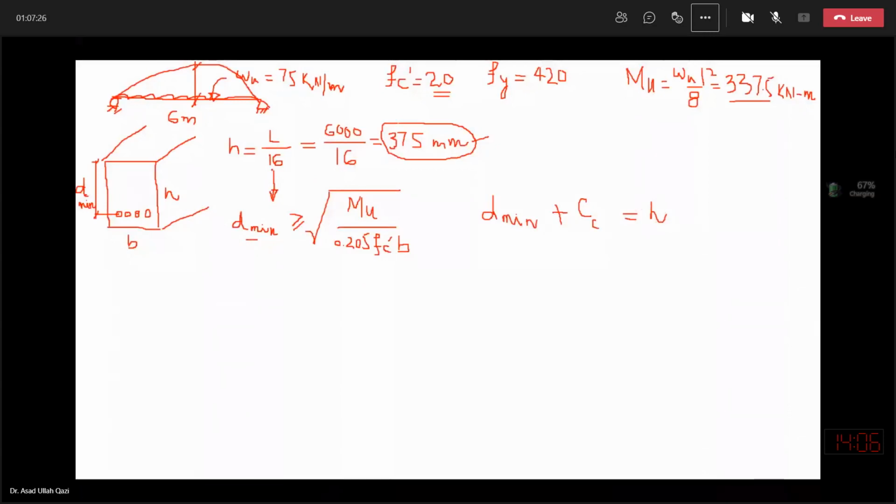जो आपकी डिफ्लेक्शन का h है वो रेयरली गवर्न करेगा। हम नॉर्मली टेंशन कंट्रोल डिज़ाइन करते हुए हमें d ज़्यादा रखना पड़ता है और उस वजह से मोस्टली आपको यही आंसर मिलेगा कि आपका d minimum की इक्वेशन कंट्रोल कर रही है। आगे हम एक डबली बीम पढ़ेंगे, वहाँ शायद आपको सर्विसिबिलिटी गवर्न करना शुरू कर दे और आपका d कम आए बीम का। जो बीम अभी हम डिस्कस कर रहे हैं इसको हम कहते हैं सिंगली रीइंफोर्स्ड बीम,